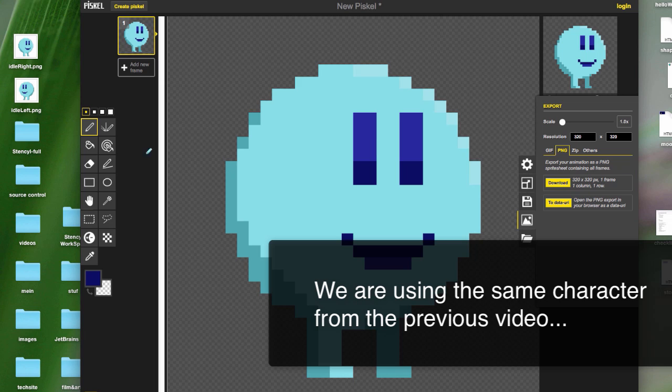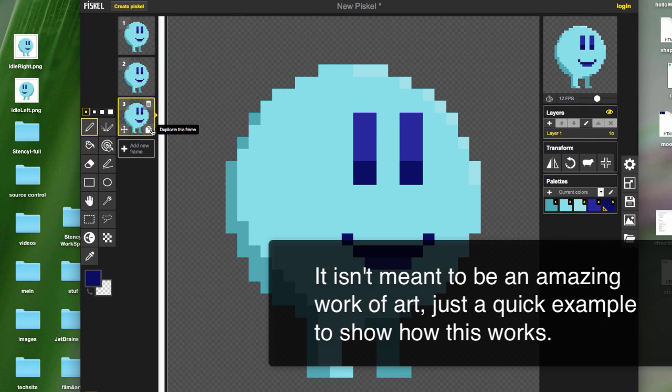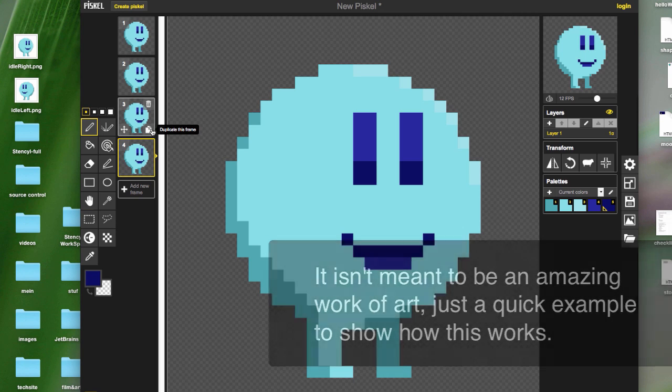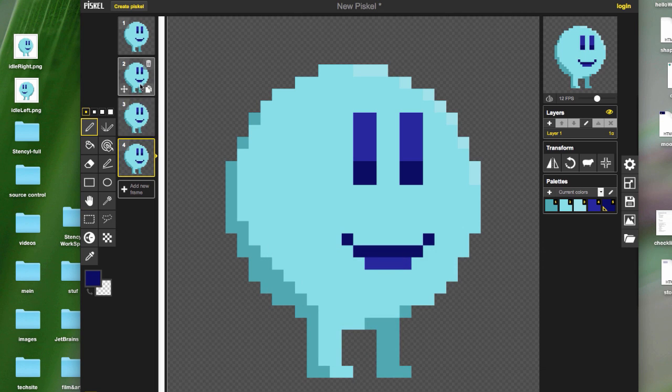So instead of trying to redraw him each time, I could just duplicate this frame a few times. The previous one was 4 frames. I don't have to do 4, but I think it's probably easier, so I don't have to try to rethink what timing is. Keeps it pretty simple. I will, let's see, how do we want to do this? I think I'm going to